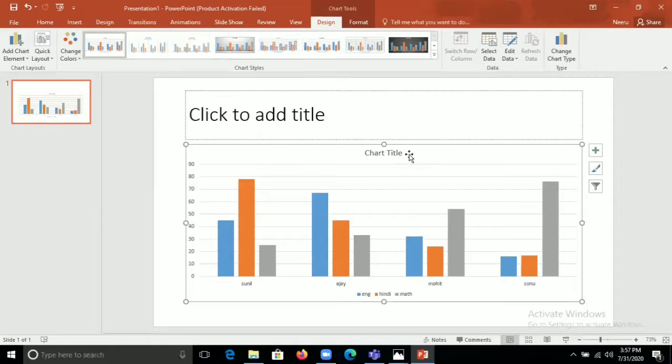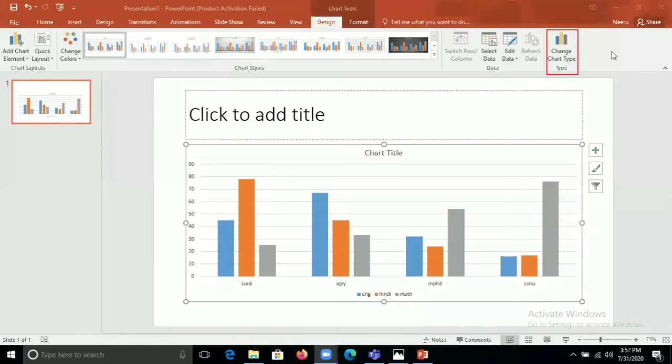If I want to change my chart type, for example, this is my column chart and I want to convert it into another chart, you can see here there is one option, that is change chart type, in the design tab.